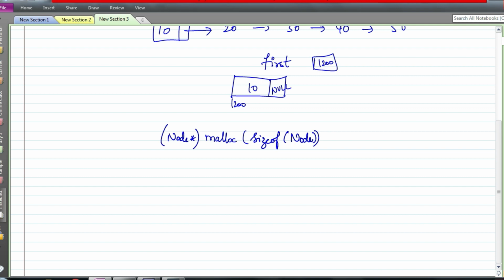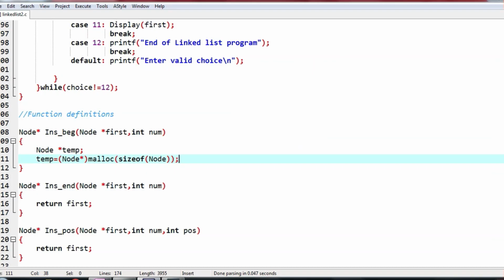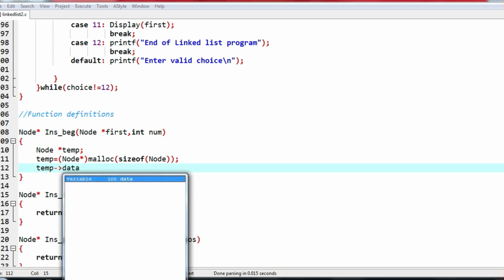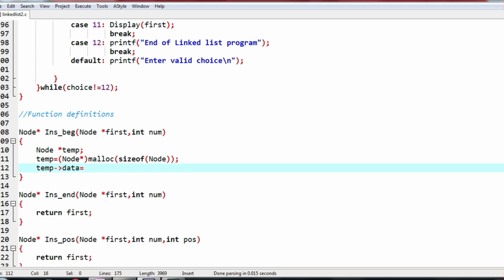This is called typecasting, which is definitely required in dynamic memory allocation. So that is what we have done here: node star malloc size of node. Whenever you need to insert an element, this is compulsorily required, so you can even learn it by heart. This is how we are going to write. So we have allocated memory. Next, in the data part of it, I will store num.